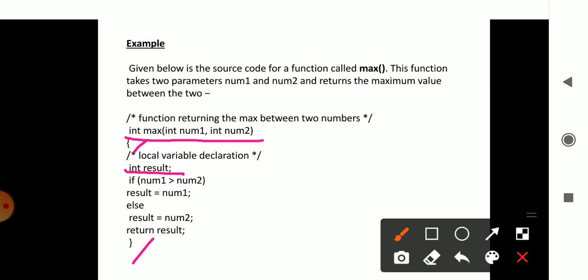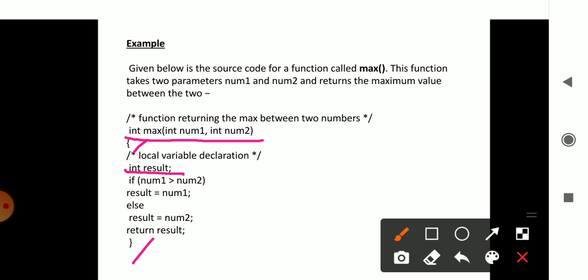So we have to first declare this variable result as an integer variable. So int result is a variable declaration, and next to it are the function statements. The function statements perform the required task for the function.